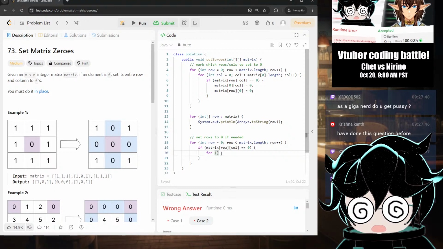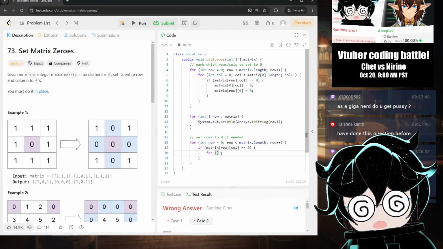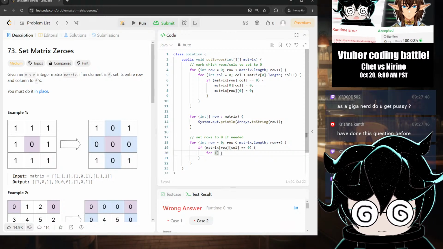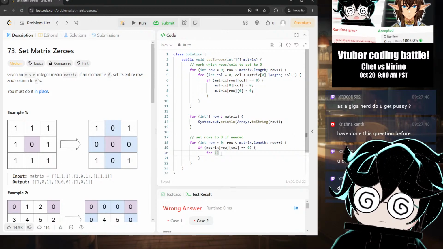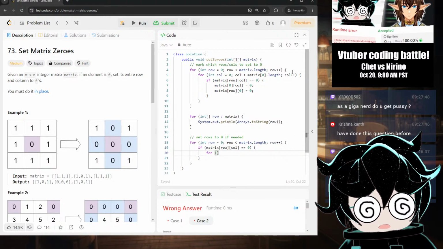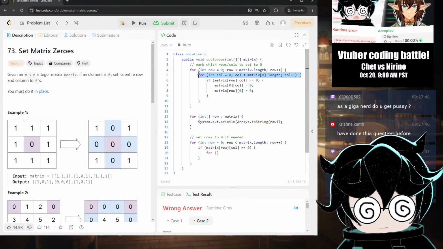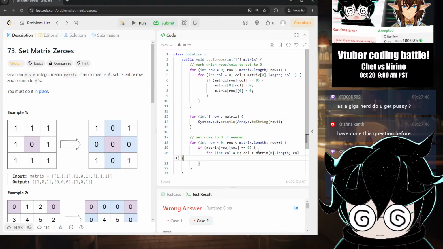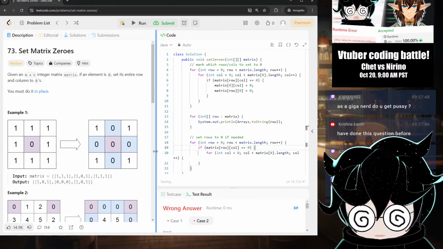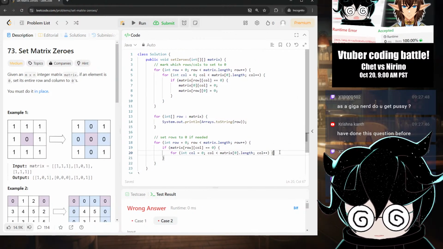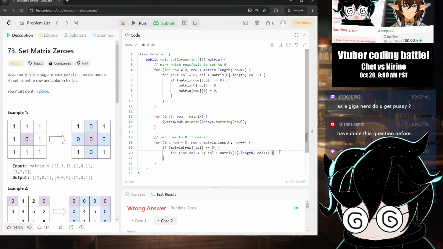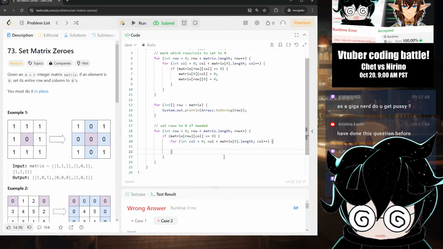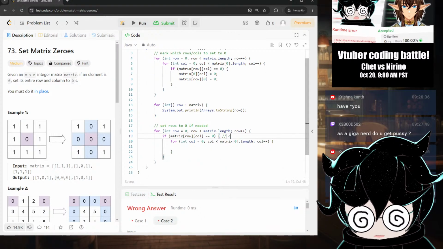Okay, so how do I set an entire row to 0? I iterate through the columns. So I just need to copy this line then. Okay, so for my own sanity, this is